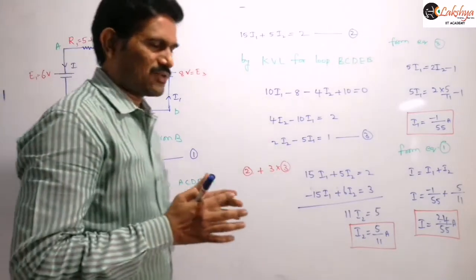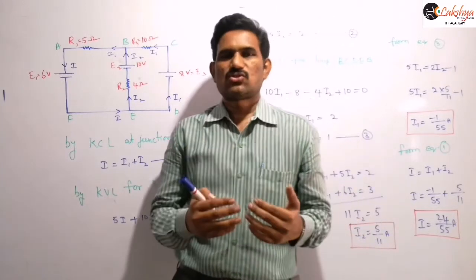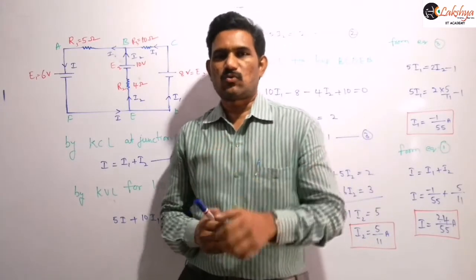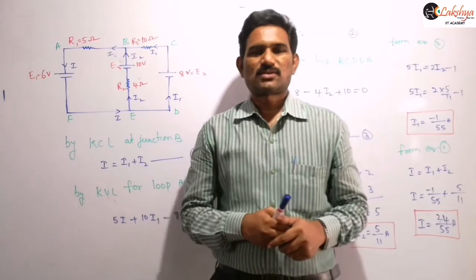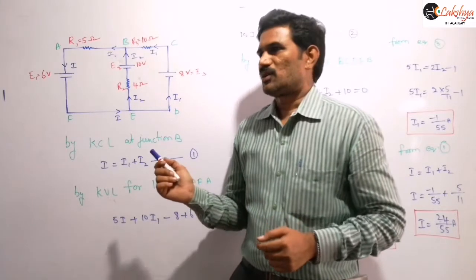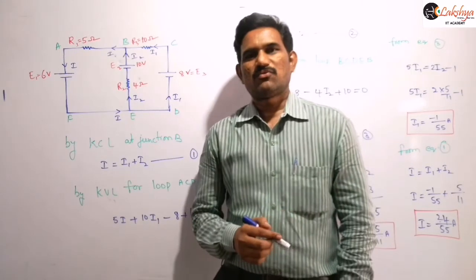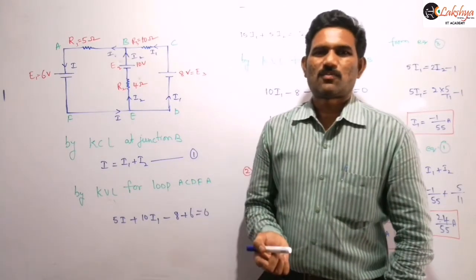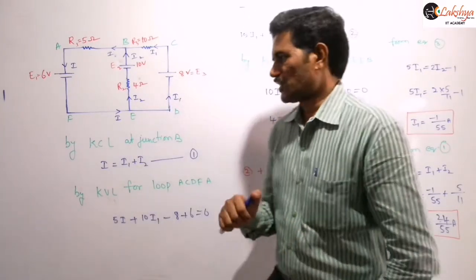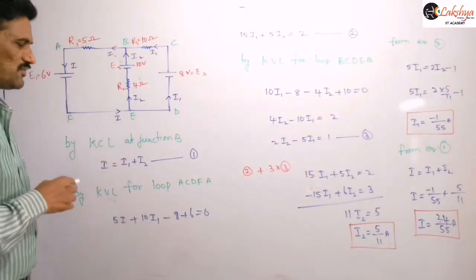Here I am explaining the sign convention again. When you are traveling in the direction of current, in case of a resistance, we consider the potential drop as minus. That means we write minus IR. If you are traveling opposite to the direction of current, then we write plus IR. In case of a cell, when you are traveling from the negative terminal to the positive terminal, we consider the EMF of the cell as positive. When you are traveling from the positive terminal to the negative terminal, we consider the EMF of the cell as negative, that means minus E. That is the sign convention in Kirchhoff's law.